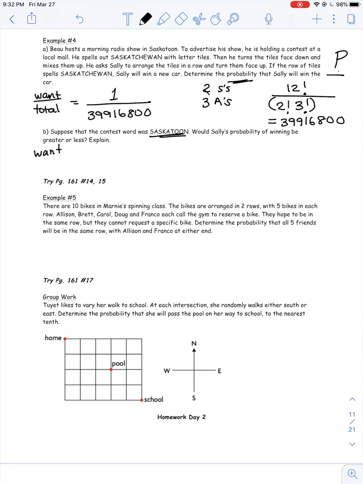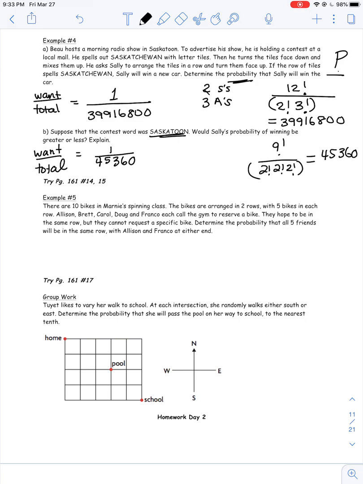Now, what if you have Saskatoon? So let's figure that out. Want over total, we're talking about probability. We would do a similar thing. We would count how many letters there are. 1, 2, 3, 4, 5, 6, 7, 8, 9. So it's 9 factorial divided by repetition. There is 2 factorial, meaning the 2 S's. There's 2 A's and there's 2 O's. Put brackets around it. If you're putting it in your calculator, you should get 45,360. So just like in the previous case, there's only one way you could spell Saskatoon over